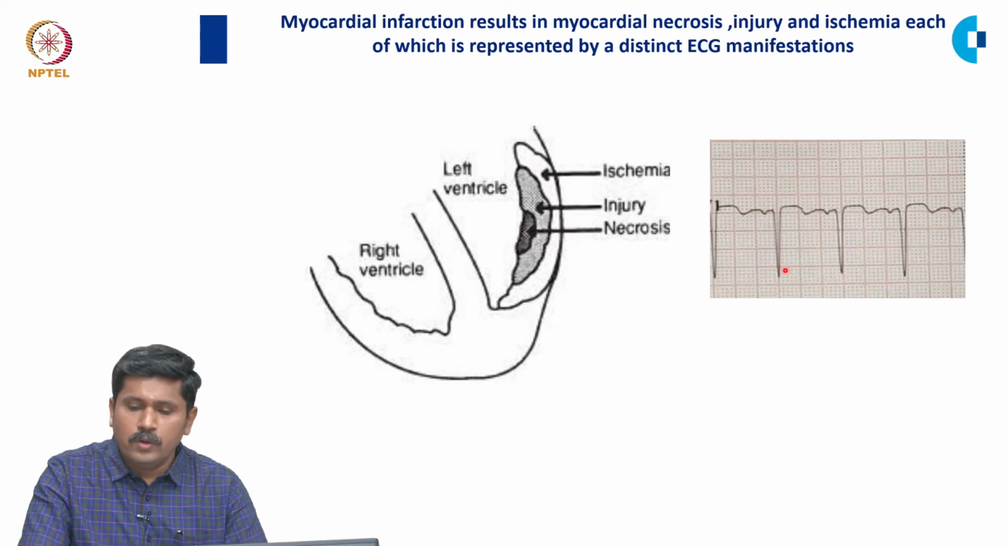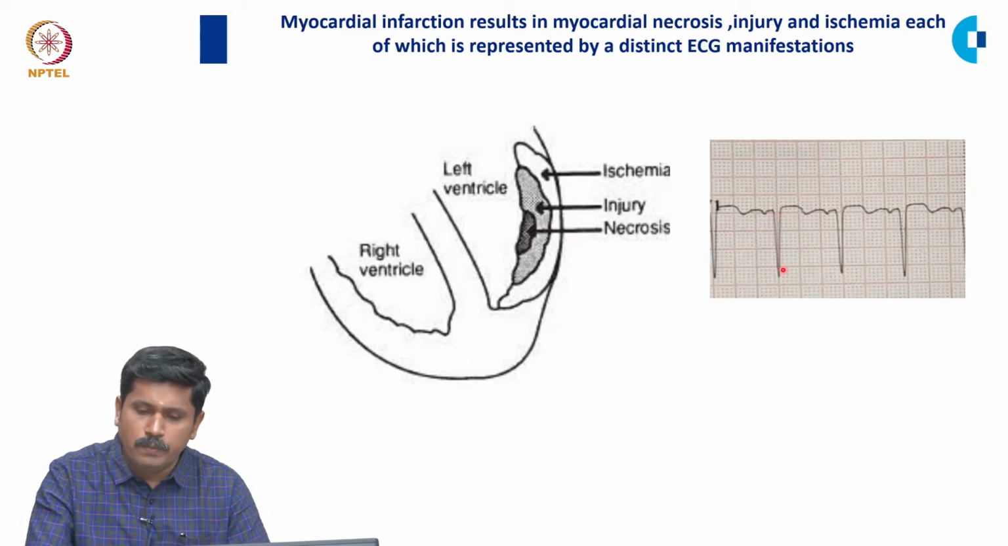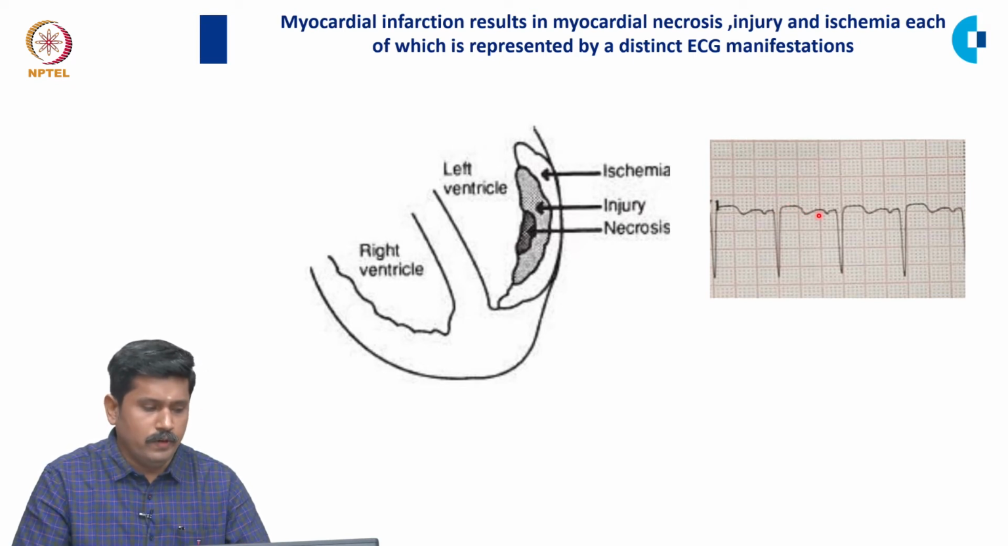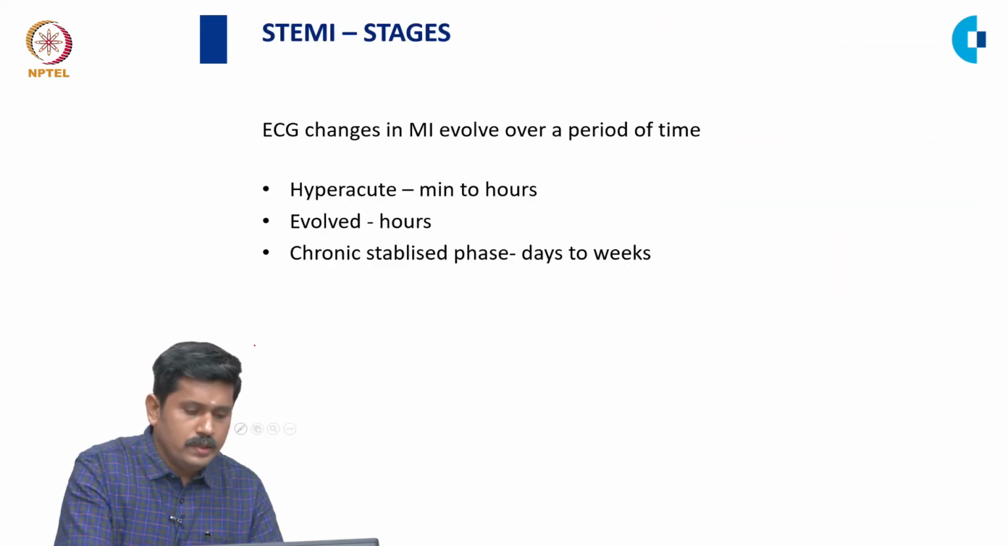So, the area of necrosis is indicated by the QS complexes, whereas the area of injury is indicated by the ST segment, and the area of ischemia is indicated by the T wave inversion. So, now we can see the stages of